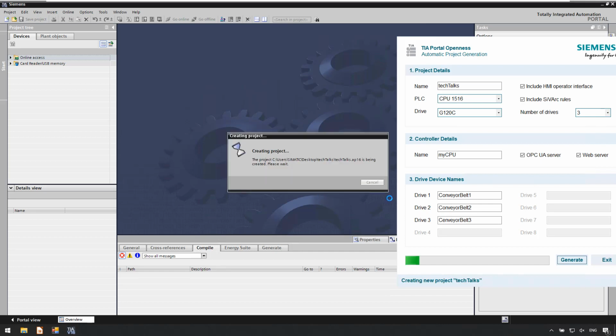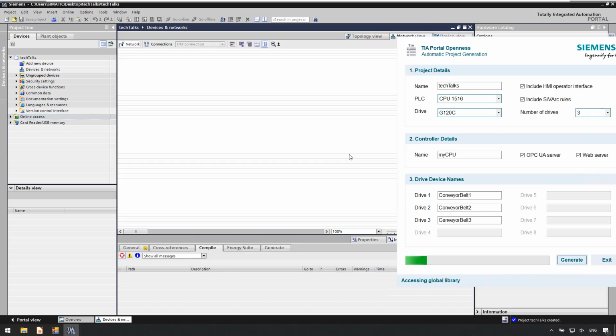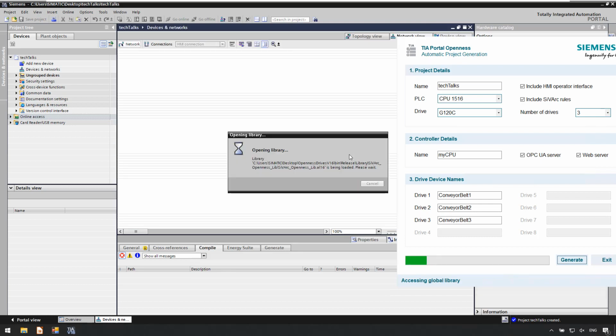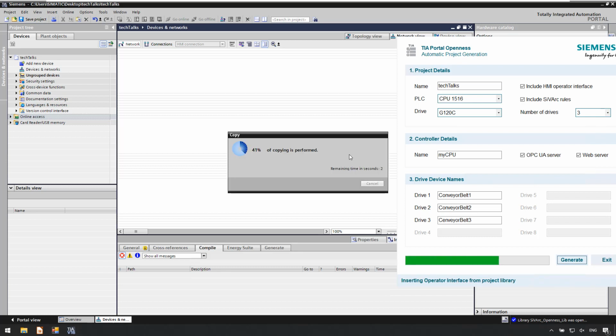So you can now see a new project called Tech Talks is created in the Tech Talks folder on my desktop. Now the program will start executing various commands. We start bringing in libraries, copying them to the project libraries. It will bring the TP900 Comfort panel, which is our standard panel that we, as the OEM, use in any of our projects. Next, it will drop in an S7-1516, hopefully with the name that we have selected. It will bring, what do we do, 3 drives